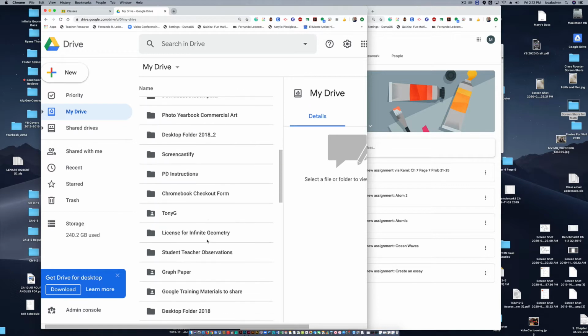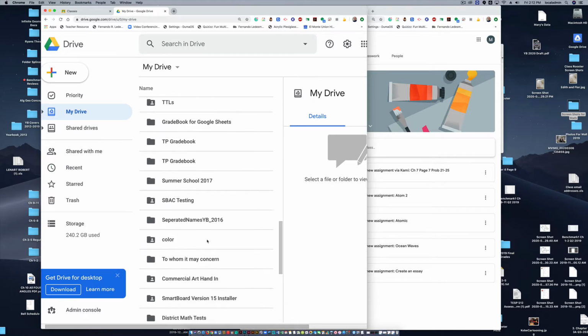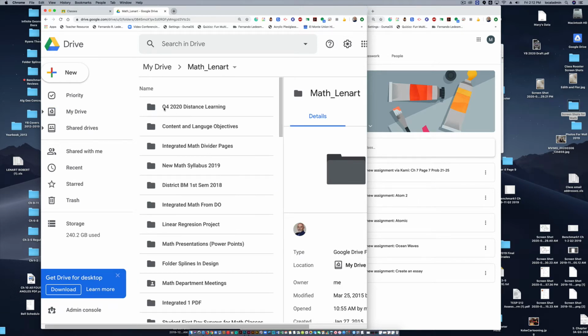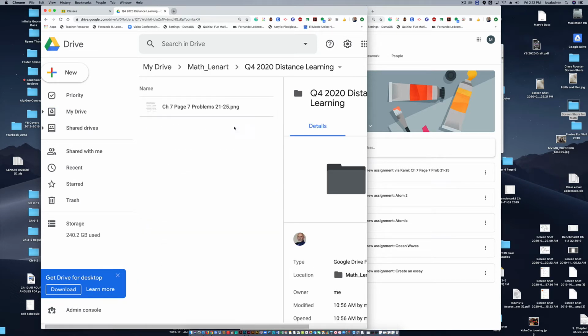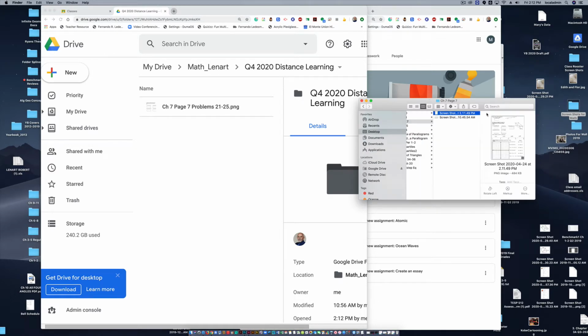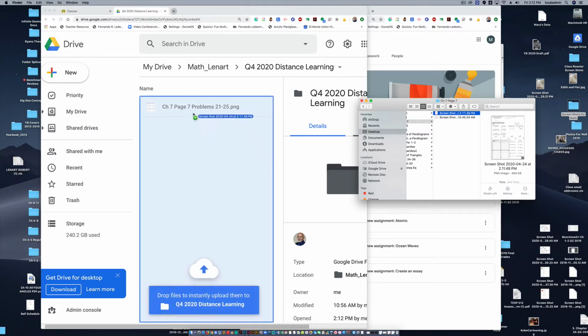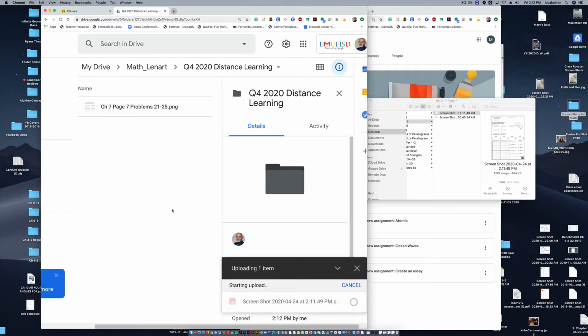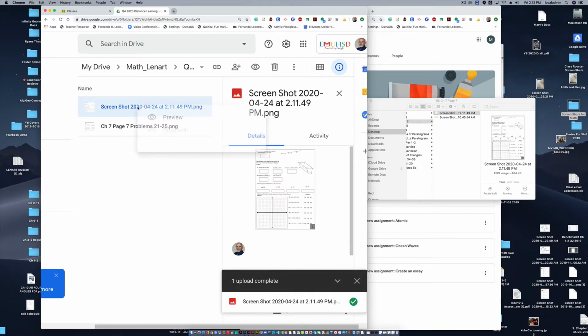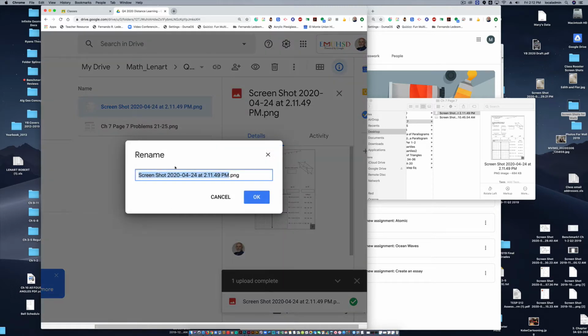I already have one where I'm going to put it, and that's under my math folder, and then I have a Q4 2020 distance learning. So I'm going to come back over here to my screenshots, grab that screenshot, and drop it onto Google Drive. Okay, as soon as it gets up there, you can rename it if you want to, and I'm just going to call it,